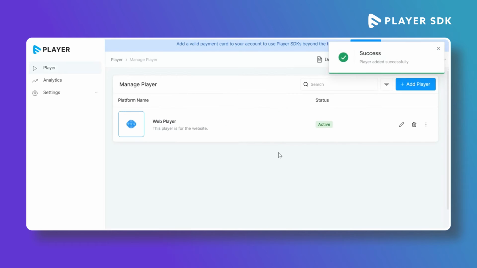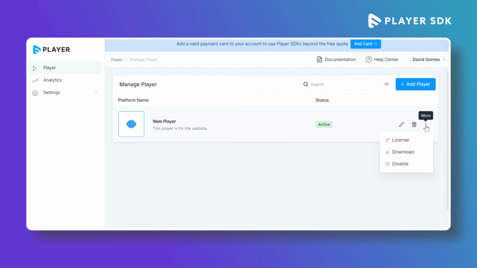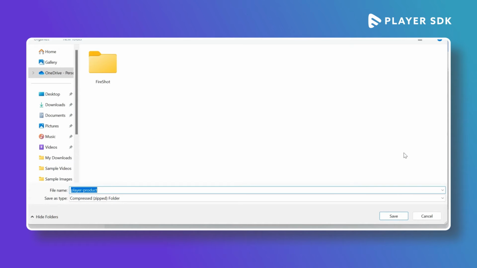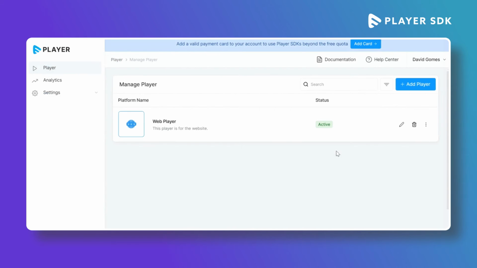The player will be added, and you can see the player is added and it is active. Here you can click on the three dots and you can download the player. Click here to download the player. The player will be downloaded. Just click on save,